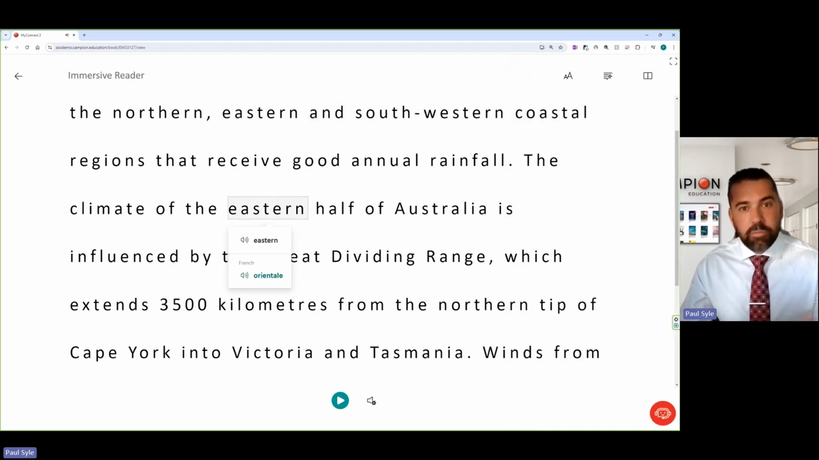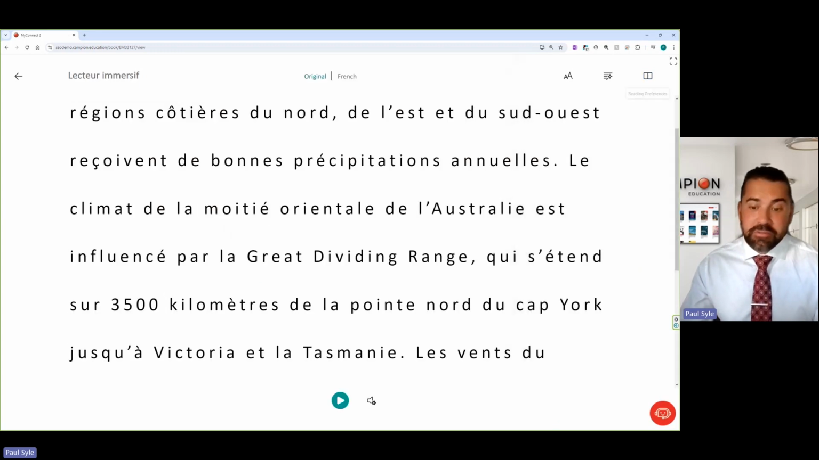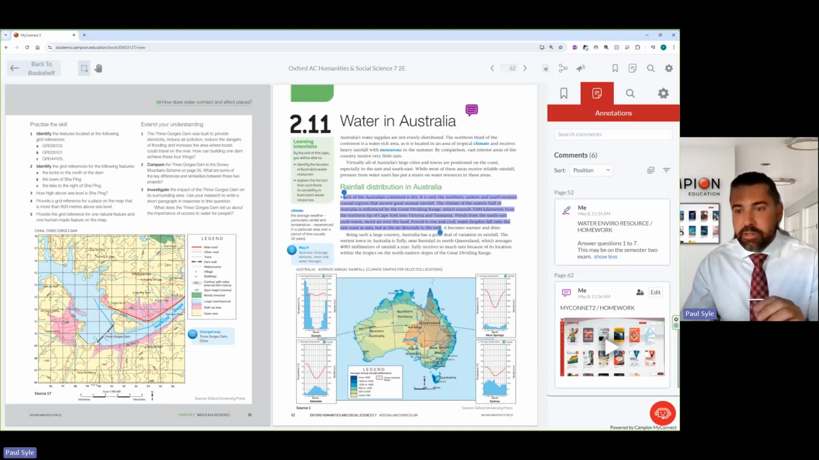Clicking on that will also say that word out loud in French, much better than I would attempt to do it. And also you can change the entire document. Moving back from the immersive reader, a really key tool that we've built in at the top right hand corner here